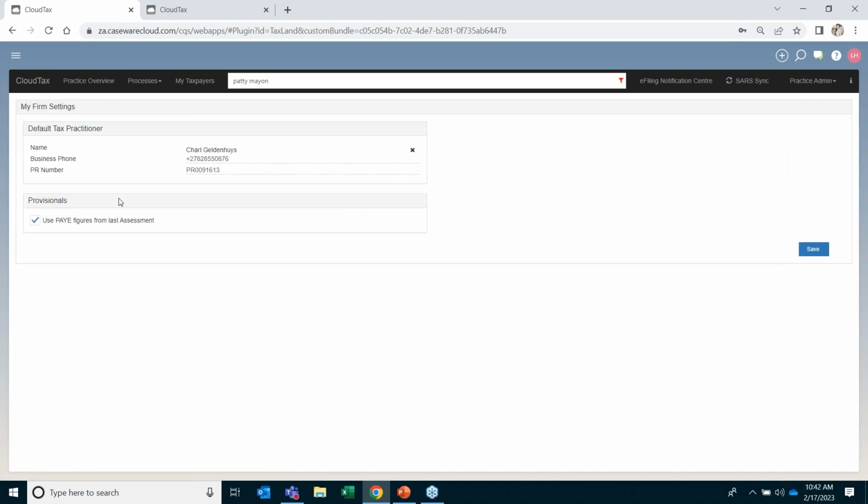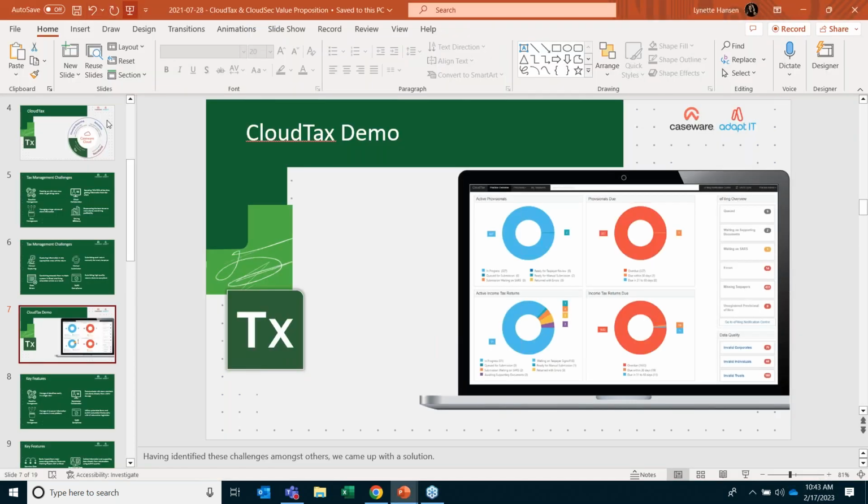Finally, under settings, this is just where we can go and set up who is our default tax practitioner, and we can use the setting where we can pull our PAYE figures through into our provisionals from our last assessments. So that is pretty much the